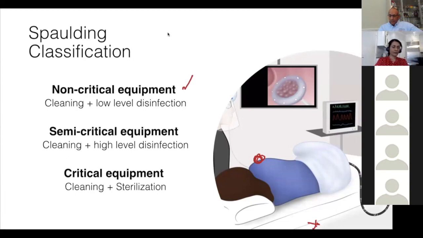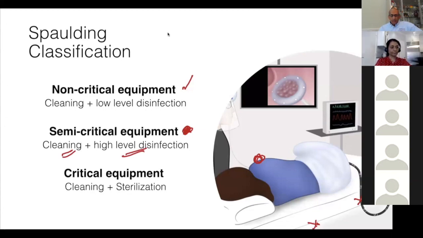And then in the endoscopy unit, you have the scope that goes into the body and contacts the mucosa. It does not penetrate the mucosa. And the scope belongs to the semi-critical equipment, which requires not only cleaning, but high-level disinfection. In high-level disinfection, you get rid of almost every form of life except certain spores. You get rid of all viruses, all bacteria,